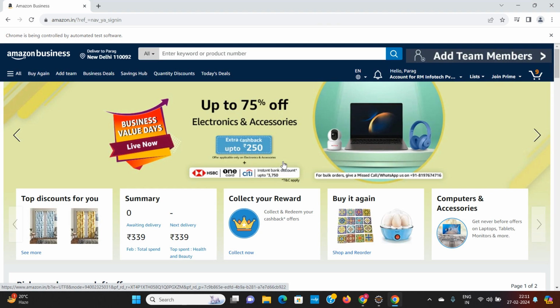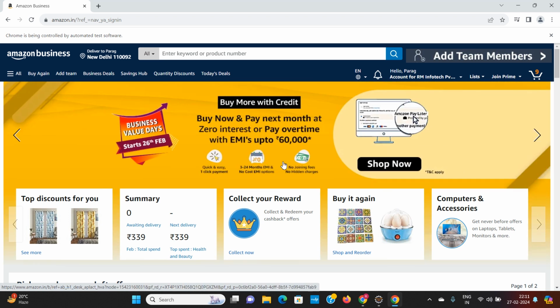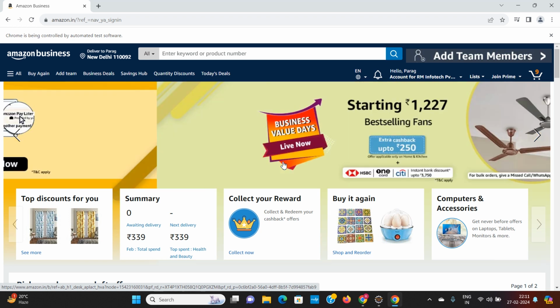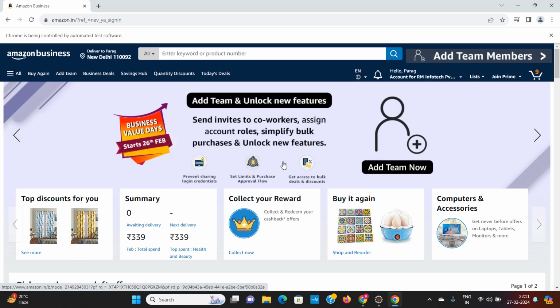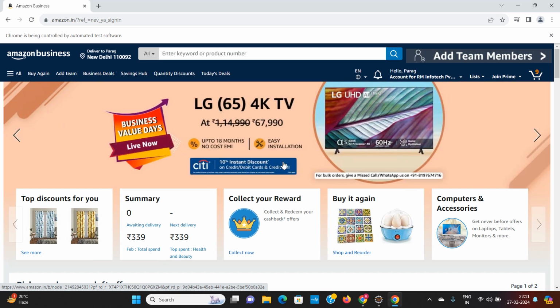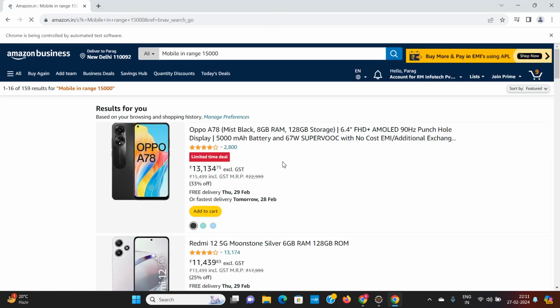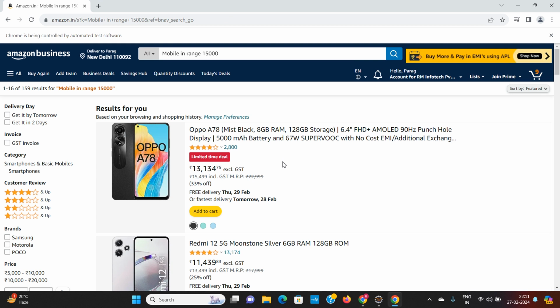Okay. The UID test is executed, PW test is executed. Now it is searching for mobile in range 15,000.